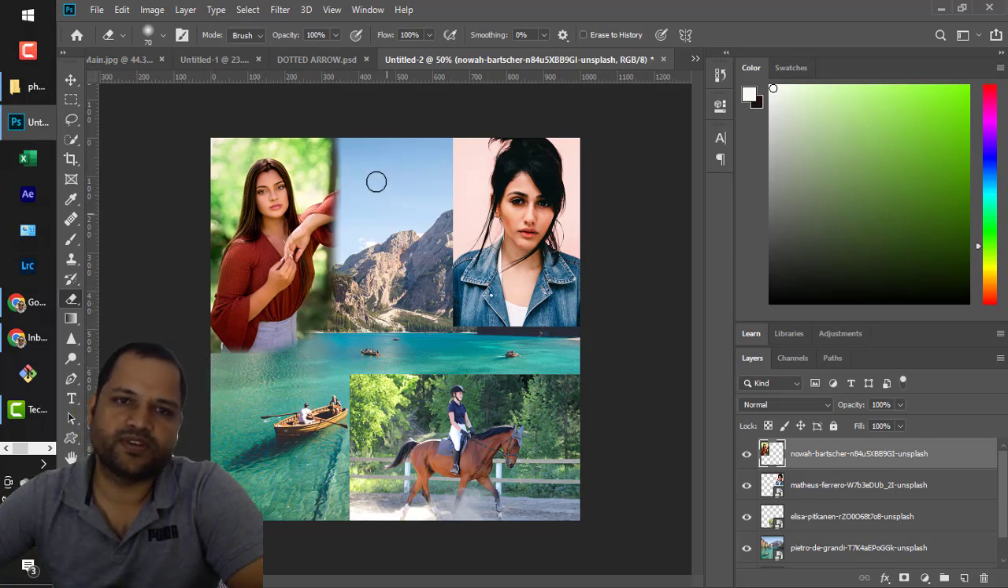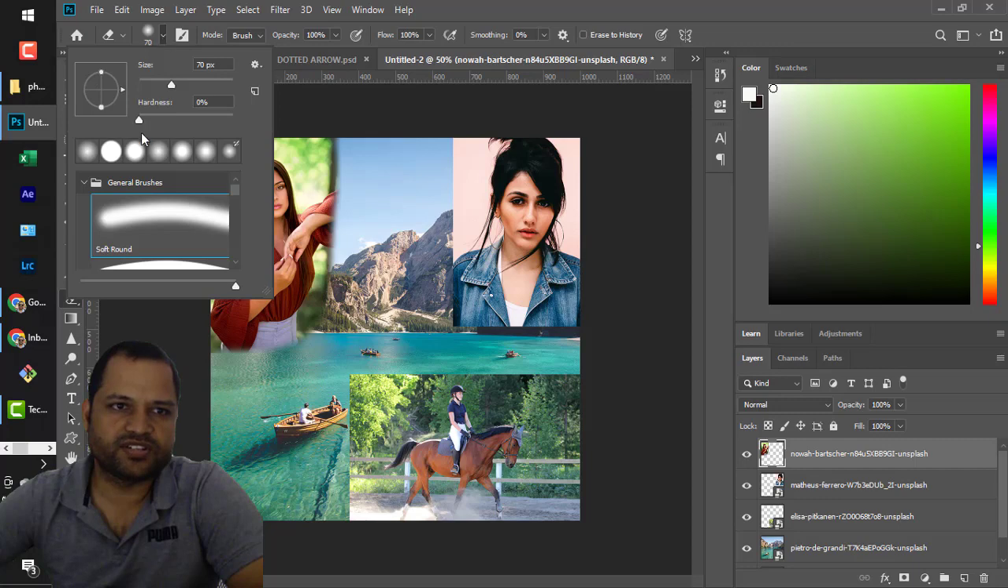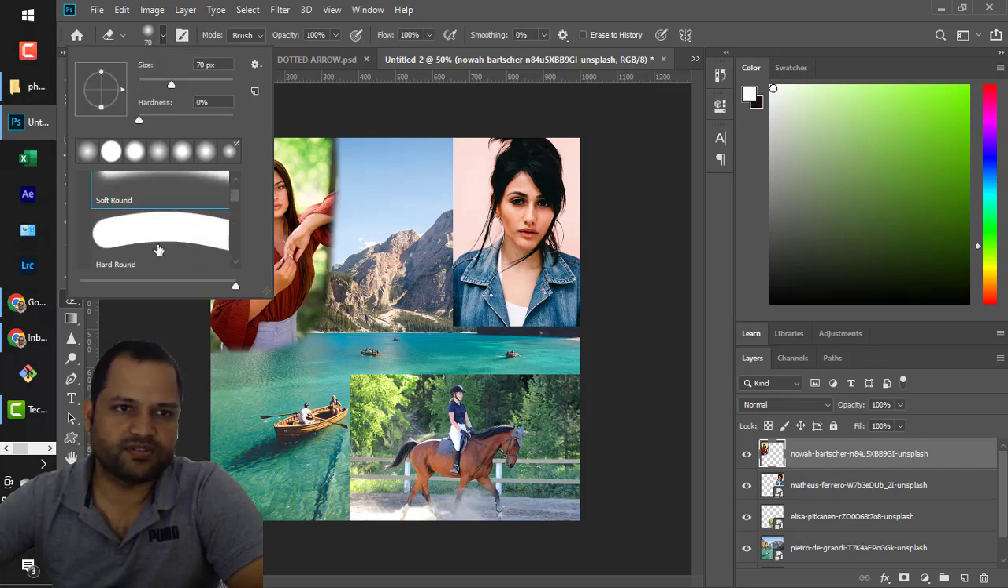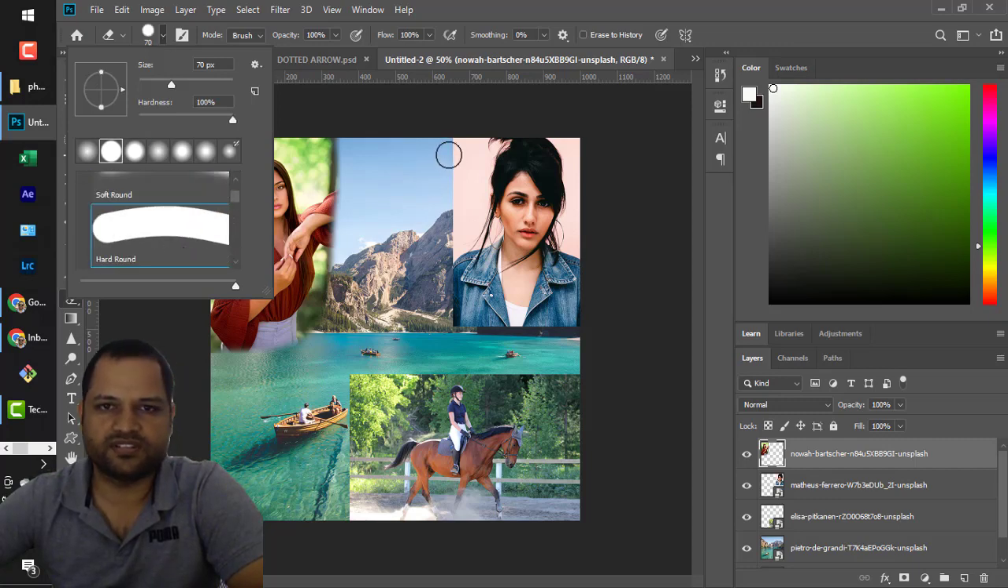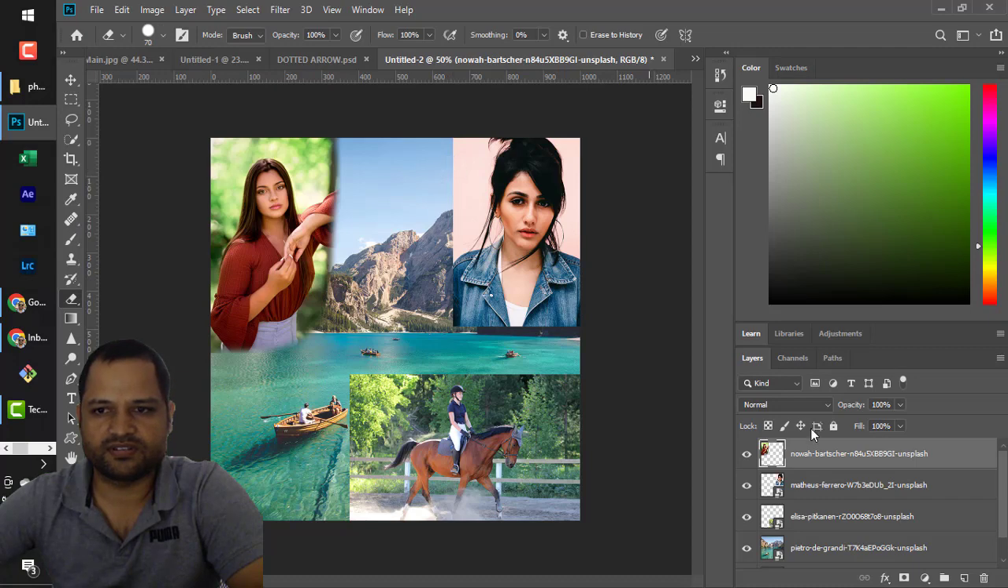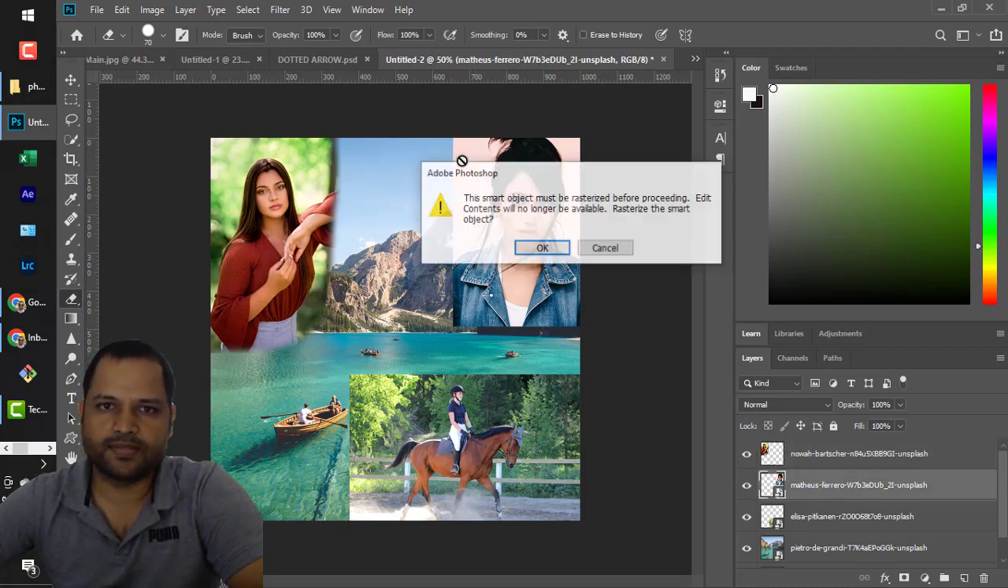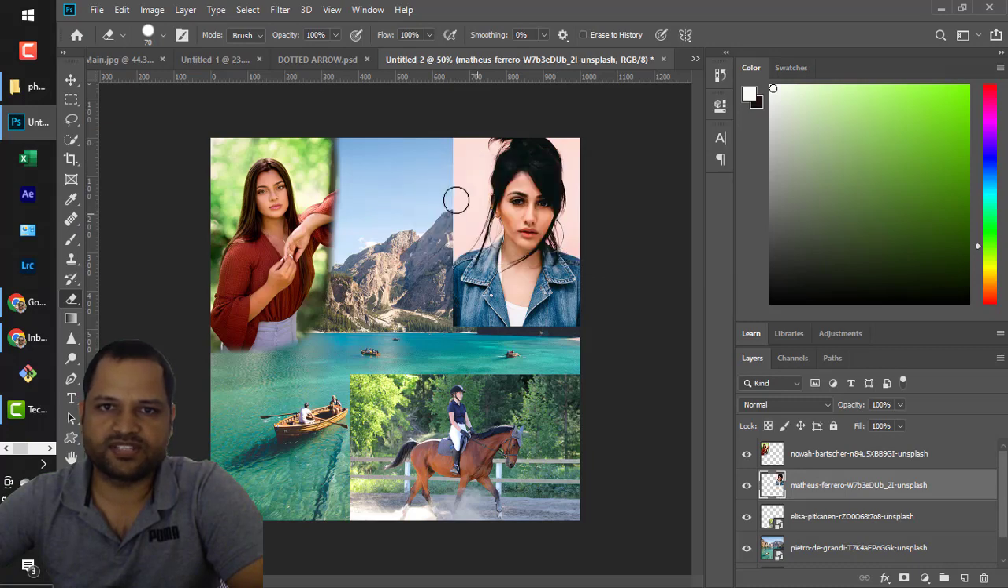So a very nice effect is applied with that brush. But if you select a different brush, see what difference it makes. If I select hard round, then see what happens. I'm going to select another image, this one. So first you have to rasterize this, and then